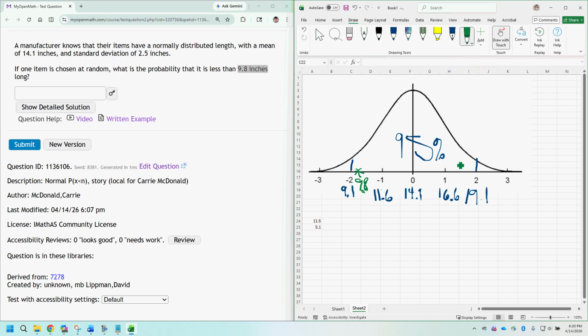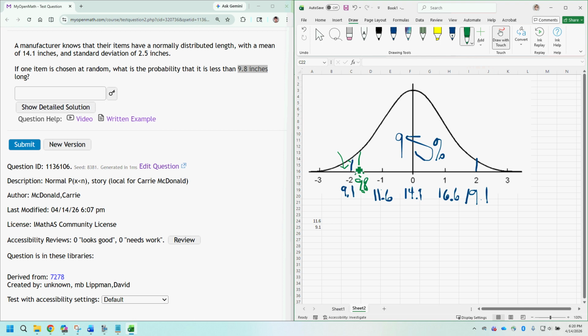So the total area under the curve, because remember, area and probability are associated for us with continuous distributions, we should always know that the total area under the curve is 1. Because I know that the total area under the curve is 1, and that within 2 standard deviations there's 95%, and this is close to 2 standard deviations below the mean, I can guess that the area over here, which represents the answer to our question, well, actually to the left of this, okay,